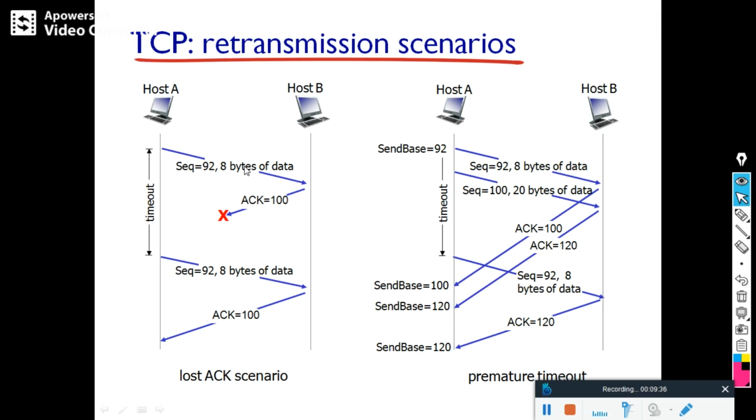Now we will see some scenarios in TCP, retransmission scenarios. So you see host A and host B. Now I will not tell about sequence numbers and all. I hope you understood this one. Here the sequence number is 92 and it is sending 8 bytes of data. Then our host B will send an acknowledgement, that is 92 and 8 bytes, because you know sequence numbers are allocated